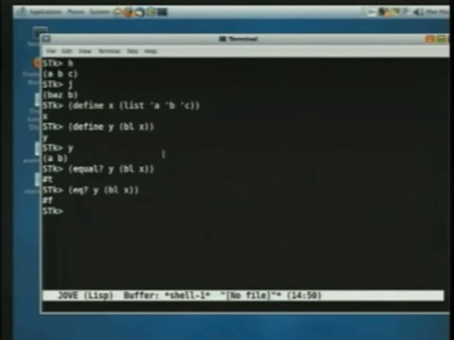Okay, questions about eq? versus equality? Yes. Didn't they tell us back in chapter 2 that eq? is for symbols and equal? is for lists? Well, yes, they did tell you that. But they said it with their fingers crossed. It was a simplification. It's a rule in Scheme, as in basically every Lisp system since the beginning of time, that there's only ever one copy of a particular symbol.